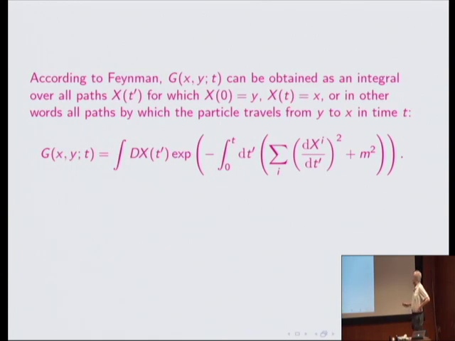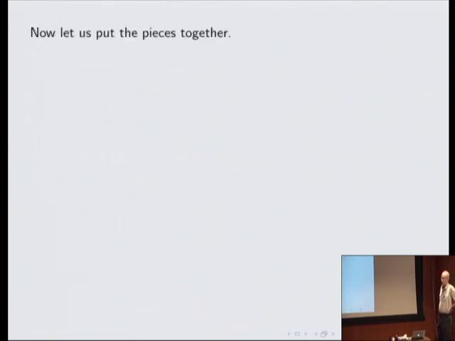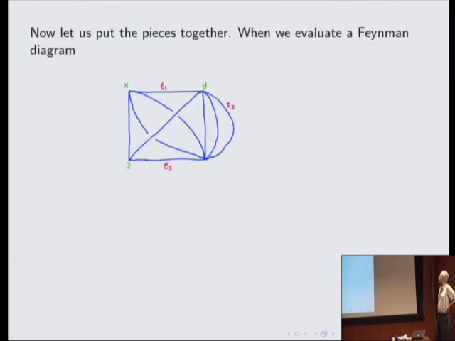The dominant contribution is given by the minimum of the action, which is the classical path, the classical solution, but quantum mechanically all paths contribute. This is the basic Feynman path integral of non-relativistic quantum mechanics, which you can read about in, for example, Feynman's book with Hibbs, although there they would primarily have real time, so the minus sign would mostly be an i. So now let's put the pieces together. When we evaluate a Feynman diagram,